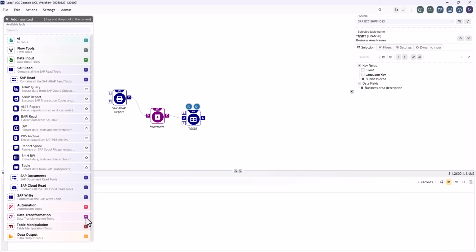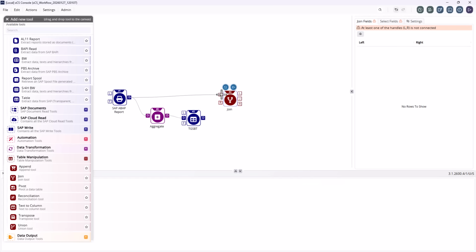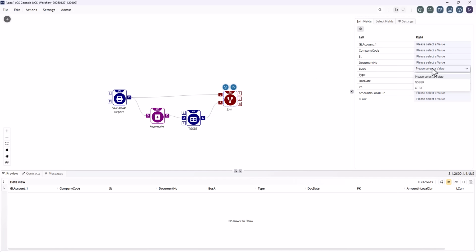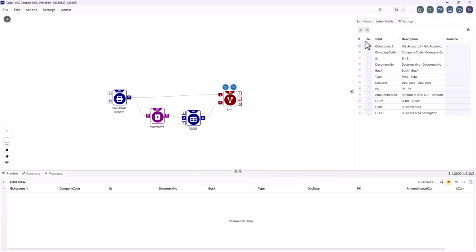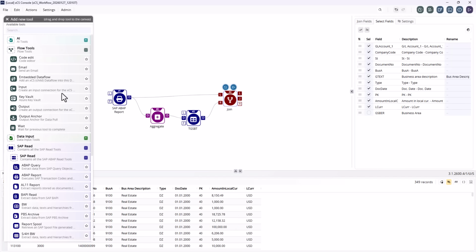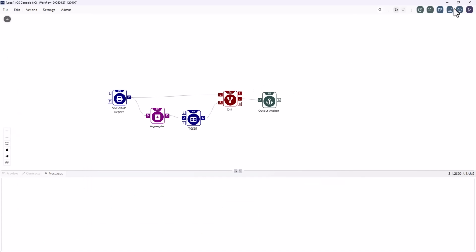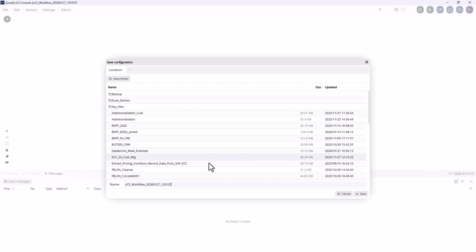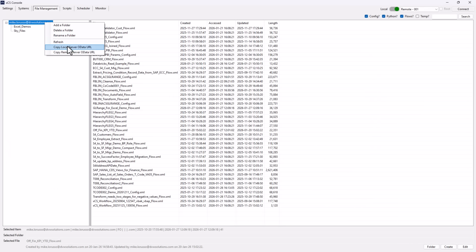I can now join these additional texts to enhance the original data from the transaction code. I just use the join tool to effectively do a VLOOKUP to apply the correct description to each of those business areas. I add an output anchor and now I have a visual repeatable flow to extract using just the fields I'm interested in. If I switch over to Excel, you'll see just how easy it is to select this